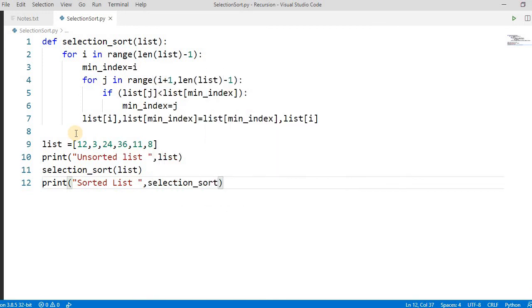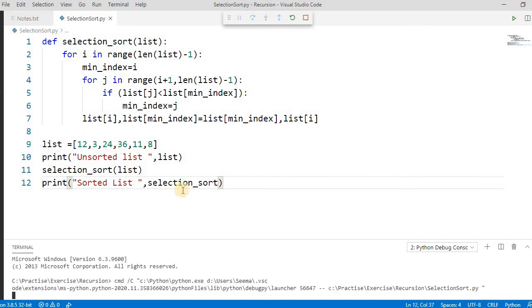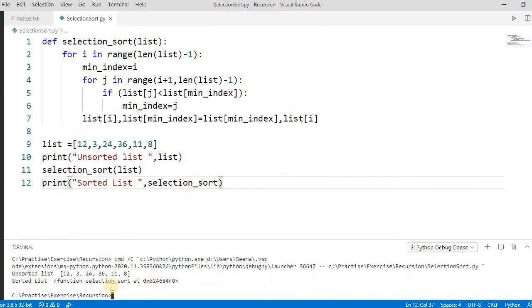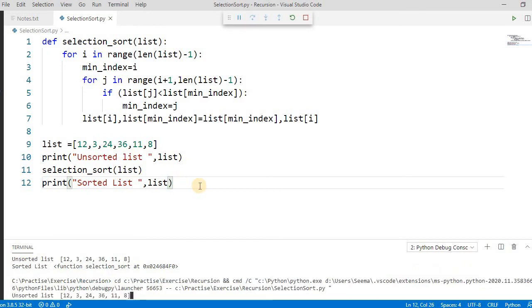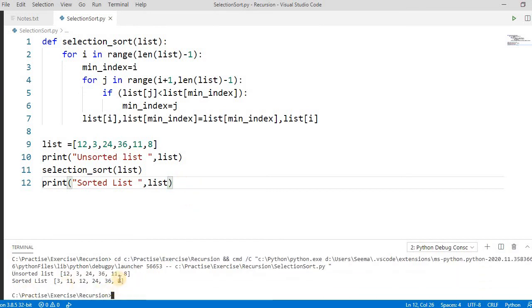Let's run this. We had called the method mistakenly, that's my bad. See here, it's sorted correctly, right? That's how it works.